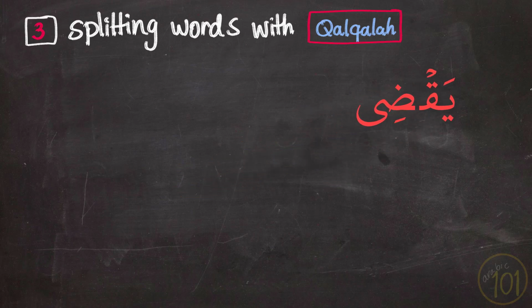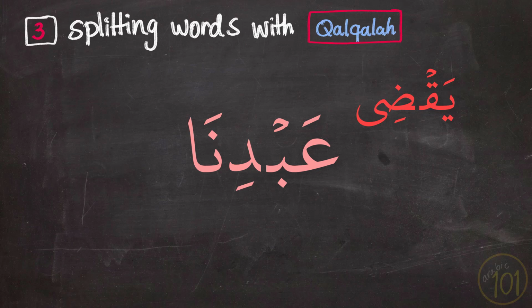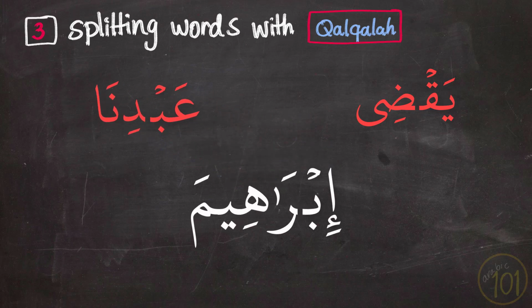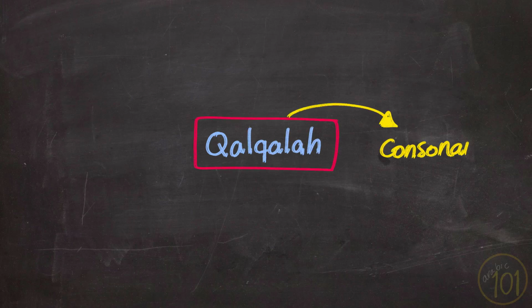يقضي، عبدنا، إبراهيم. And these are all wrong pronunciations for these words because we are not allowed to split words that are not split. So, in conclusion, qalqalah is a state between being a consonant and being a